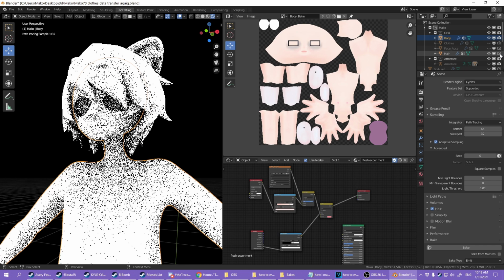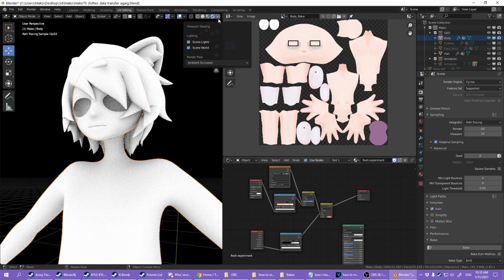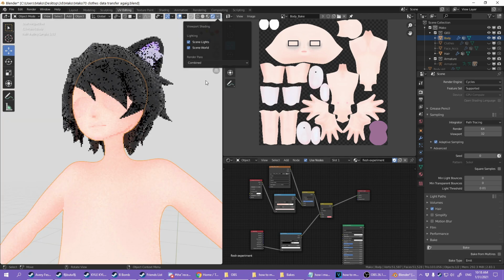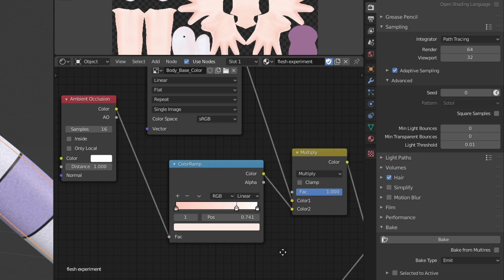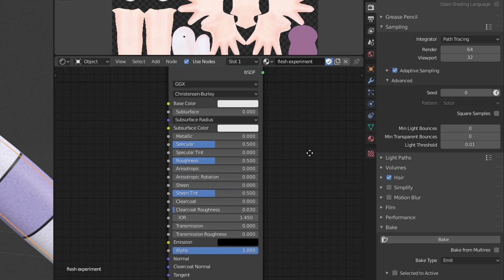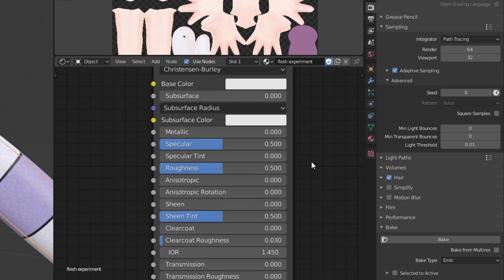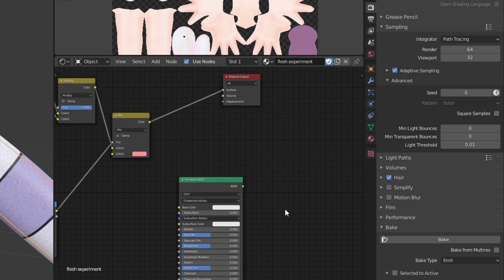I didn't want a static piece of shading on my face based on where the hair is right now. That would have looked really weird. However, my bake was baking in more than just the ambient occlusion. It was baking in a bunch of other stuff that you can see if you click on the combined paths. I wasn't just doing the stuff down here with the pointiness and the ambient occlusion. It was also doing all this stuff through the principled BSDF node. This adds a whole bunch of other stuff for more realistic shading. I did not want any of that.